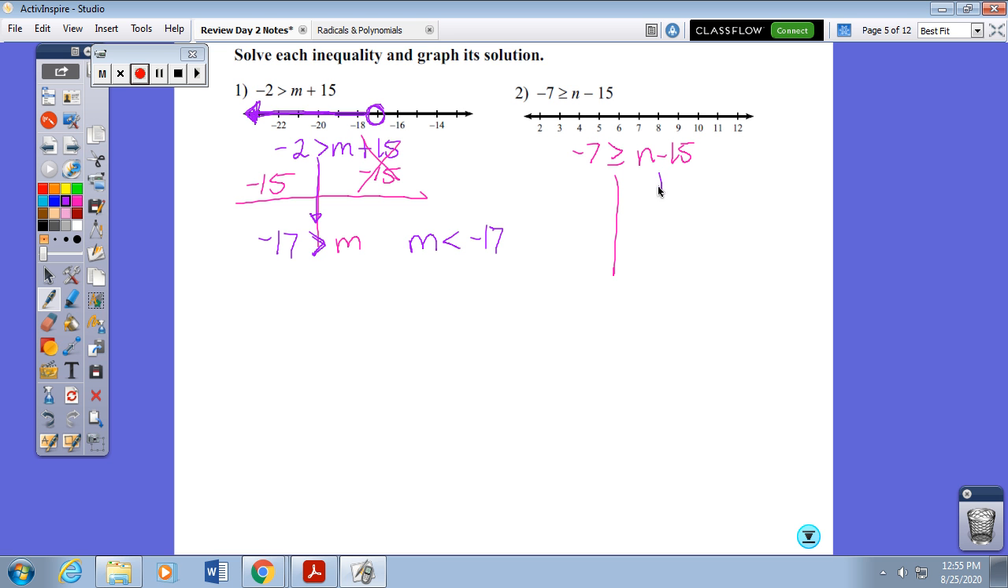Okay, add 15 to both sides. Gets rid of that. We have n. Bring the sign down the way that it is. So n is less than or equal to 8. So the other way you can do this, first of all, it's going to be a solid circle because it's or equal to. 8 is going to be greater than or equal to n, so it's going to be